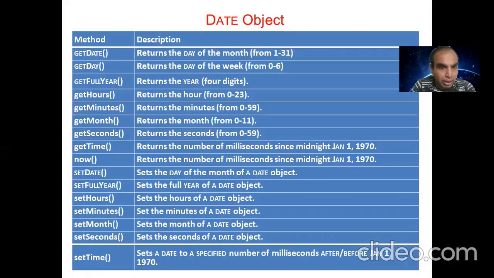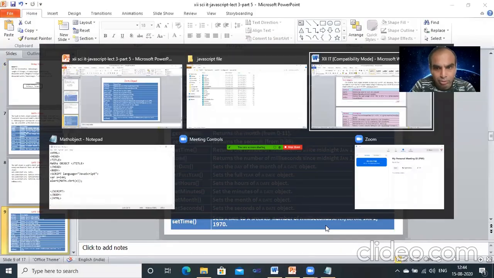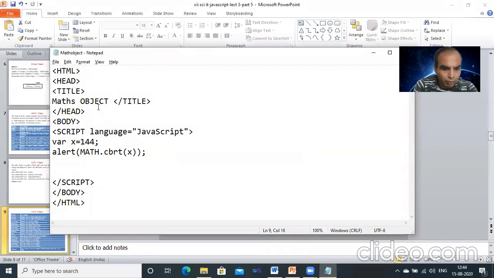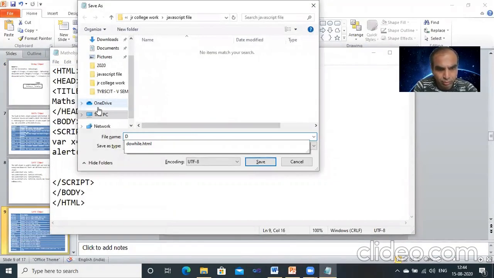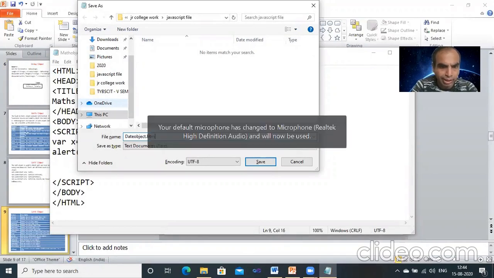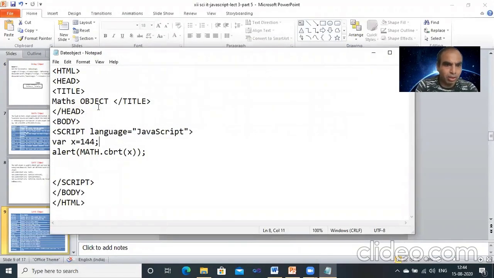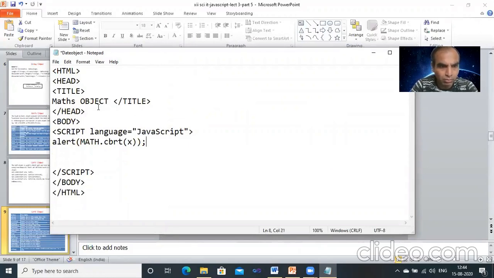So we see an example of the inbuilt Date object. File, save as, .xml, all files, save. So we can find out with the Date.now function.